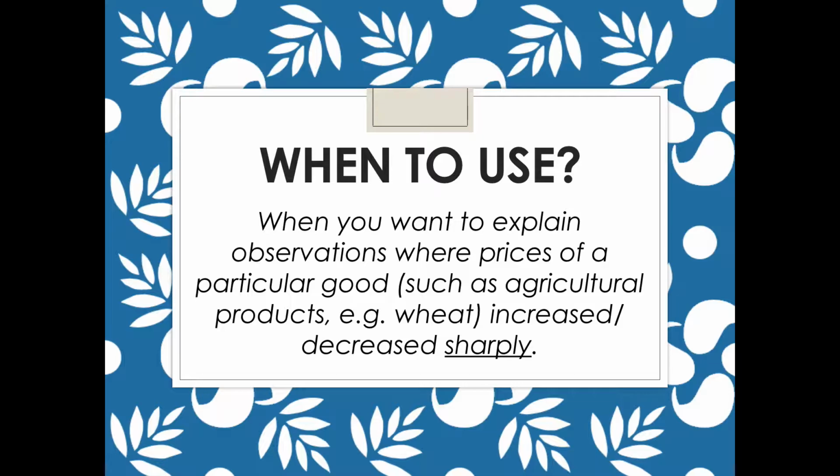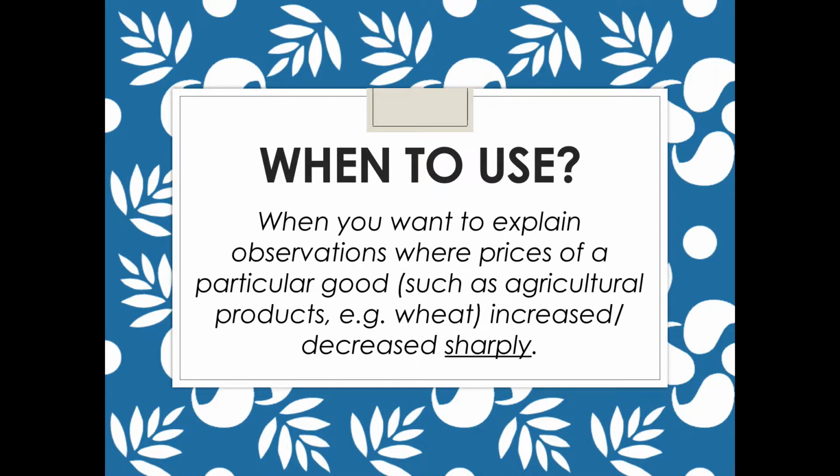Okay, so when do we use these diagrams, in what situations? So usually we use these diagrams when you want to explain observations where prices of a particular good, such as agricultural products like wheat, actually it may not even be limited to agricultural products only. We can even think of situations like crude oil prices. When you want to explain why prices of crude oil or agricultural products like wheat have increased or